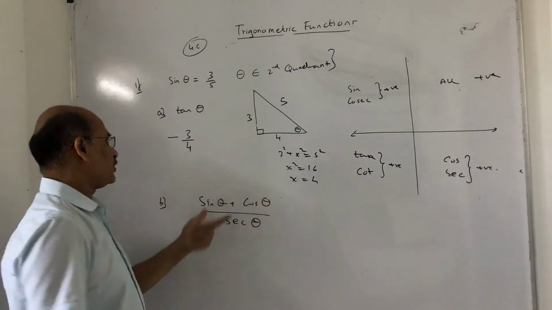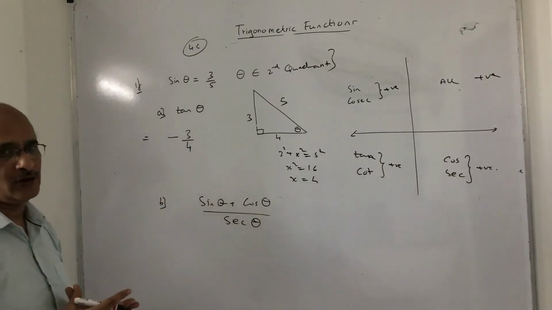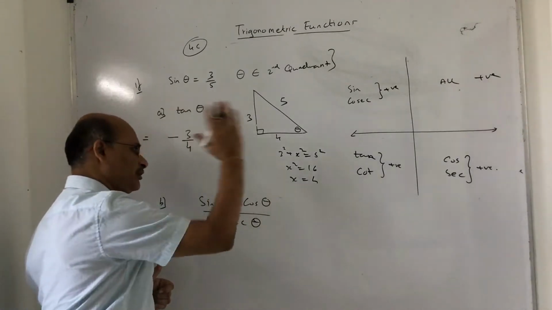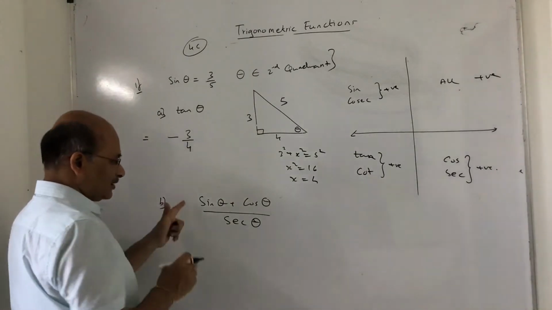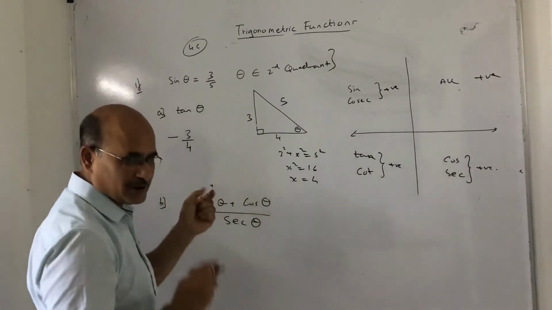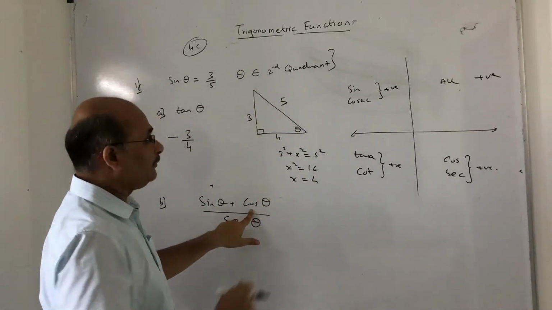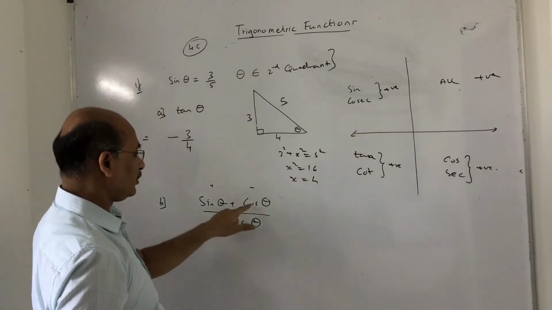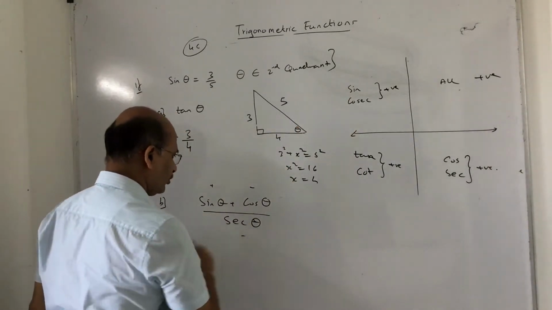Now let us take the next expression. This is a combination of many trigonometric functions, so there is no problem. Whatever combination is there, you have to stick to the basic rules. Just for my convenience, they are asking me the value of the expression sin theta plus cos theta upon sec theta. So sin theta is positive, right? I just put the signs so that I don't commit a mistake. Cos theta: remember theta is in the second quadrant, so is cos negative or positive? Negative. Sec theta is the reverse of cos. By the way, in the second quadrant only sine and cosec are positive, so this is also negative.